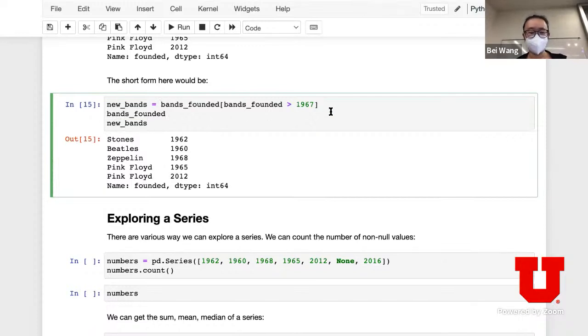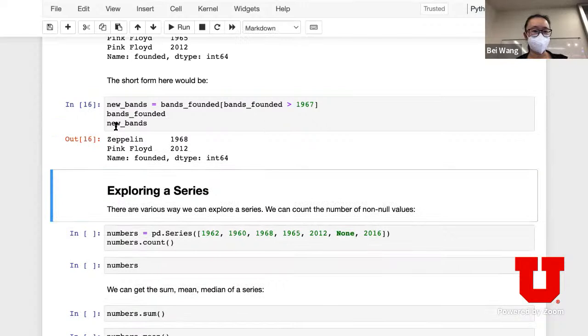What this does is that new bands is a new copy. This is a good thing to remember: whether an operation is operating on my original record or actually making a real copy. There are some differences between certain operations, and you want to prevent unintentional modification to your original data.